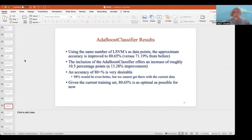So, using the same number of linear support vector models as data points, the approximate accuracy was increased to 80.65% versus 71.2%. So this is roughly a 13.25% improvement. The accuracy above 80% is clearly more desirable than 71%. So given the current training sets that we have, 81% is about as good as we can get. However,